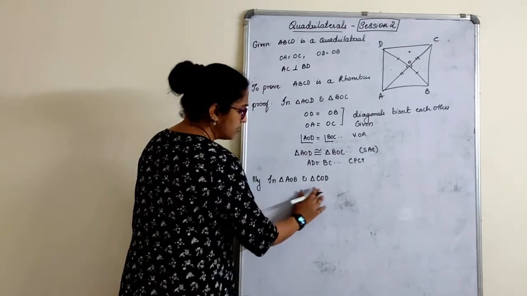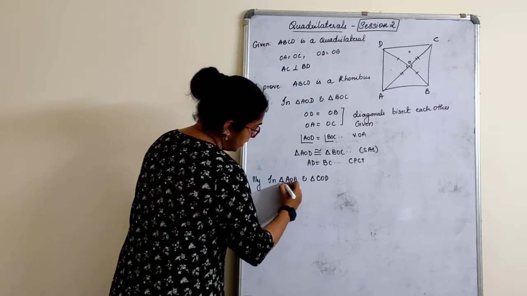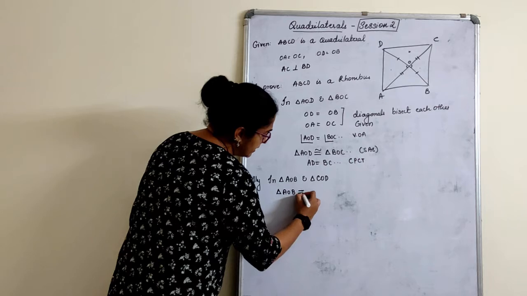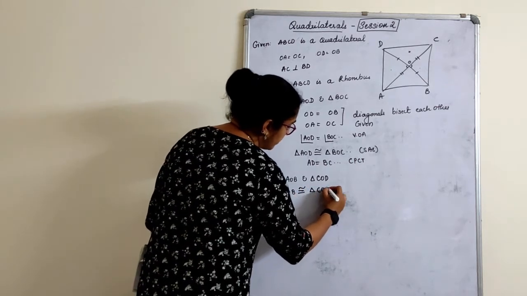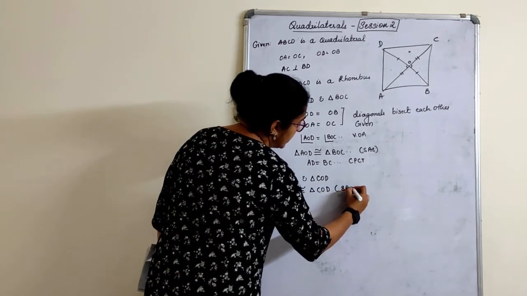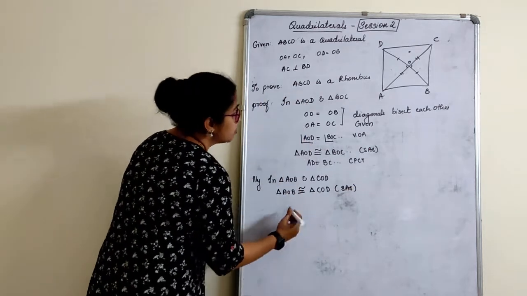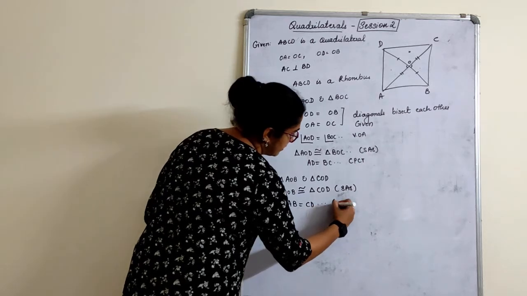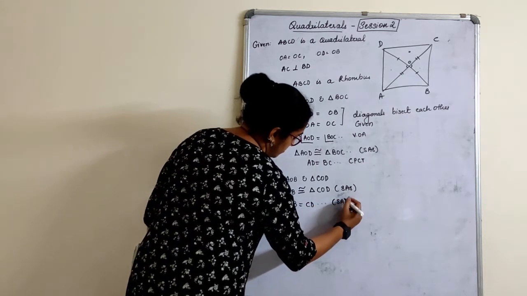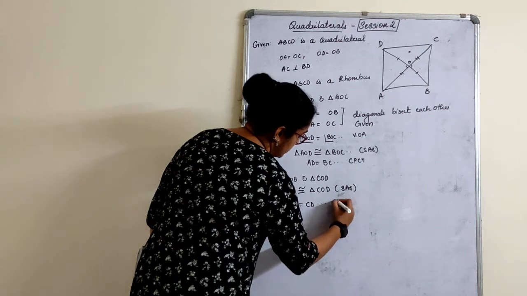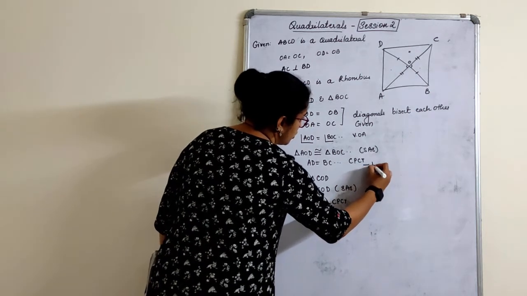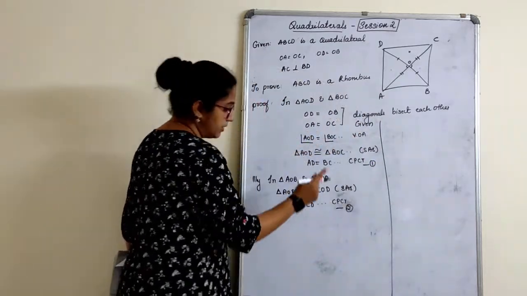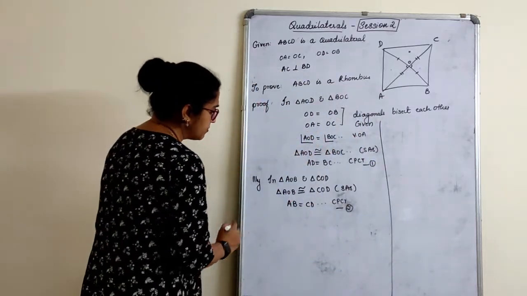So I will only write here similarly in triangle this and this. Triangle AOB will be congruent to triangle COD again by SAS congruency rule only. So AB is equal to CD. Same rule we apply there, CPCT. Equation 1, equation 2. There is last one more to be proved. I'll prove it here.